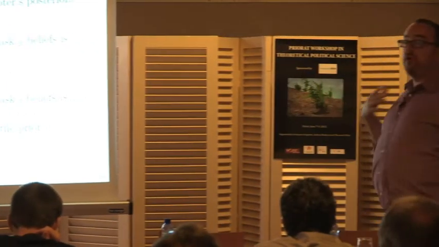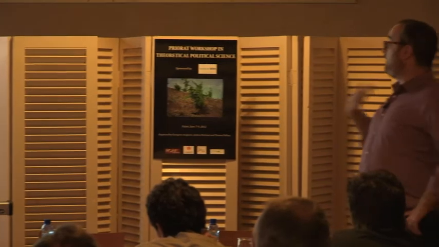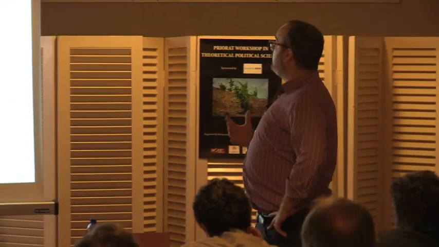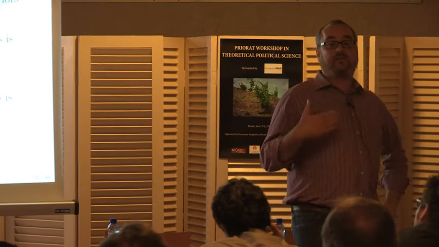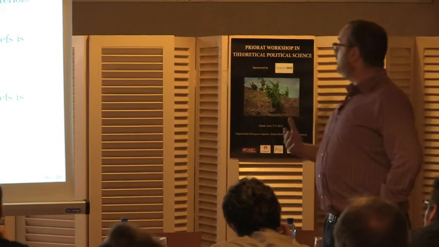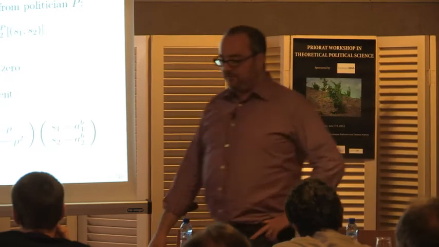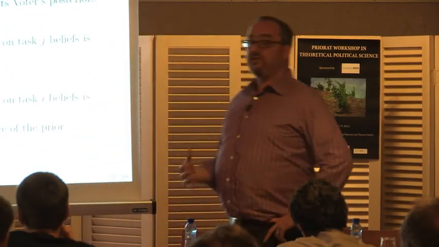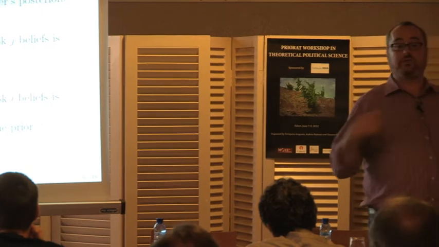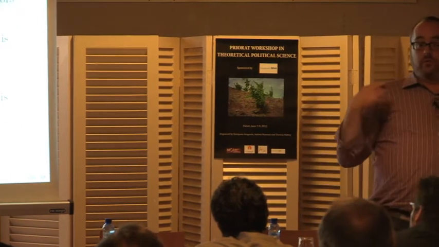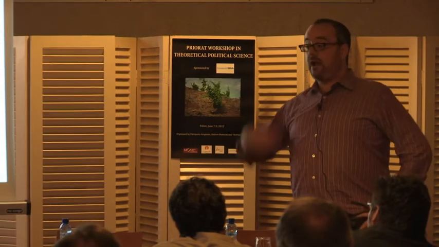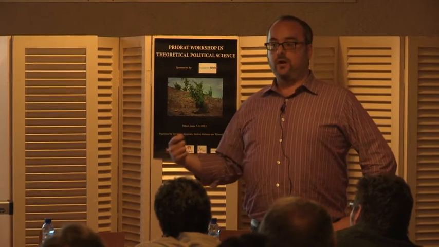All right? So this is what's going to drive multitask learning. If I increase performance on task I, that affects the voter's posterior beliefs about both task I and task J competence. And in particular, if you go back and look at the voter's learning and take some derivatives, you'll see the following intuitions: the more correlated the two tasks are, the less weight I put on task 1 performance for learning about task 1 competence, and the more weight I put on task 2 performance for learning about task 1 competence.